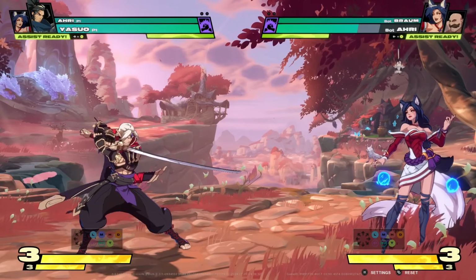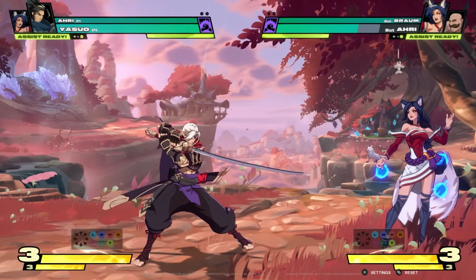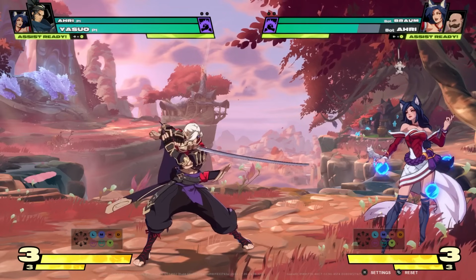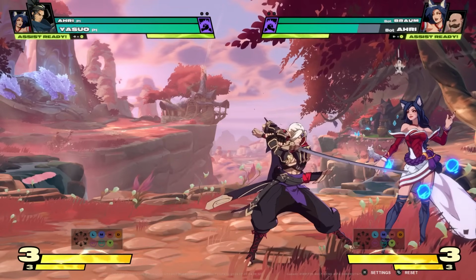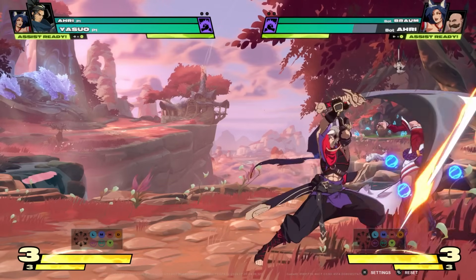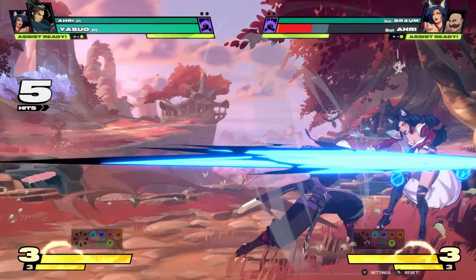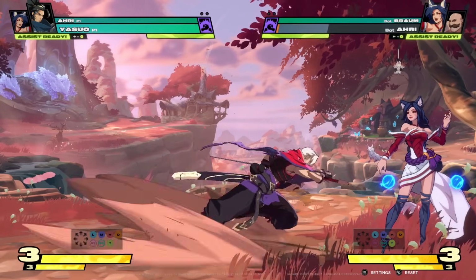Alright, now that we talked about movement, what is the basic combo structure in this game? I'm going to go more in depth on this later, and I have a whole video dedicated to this. But the simple ABC or magic series, as we like to call it, is light, medium, heavy, and then into a special. Make sure you do it fast enough to combo, right? And then after the special, you would go...